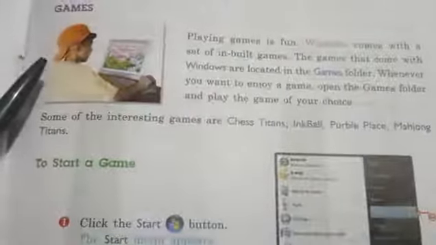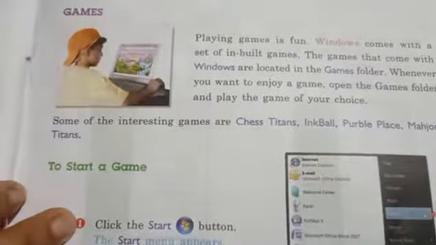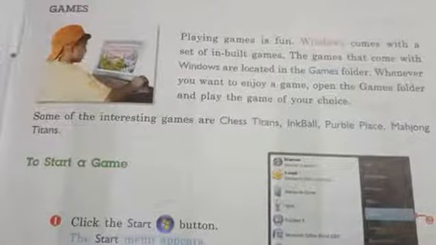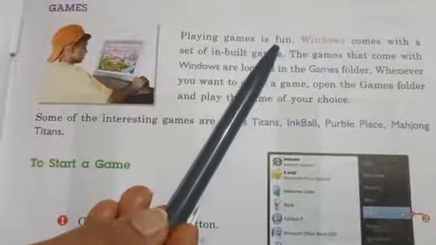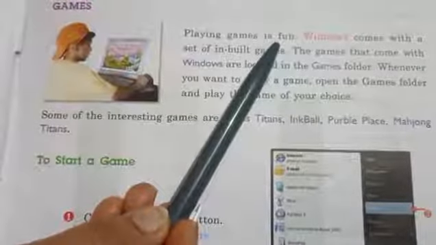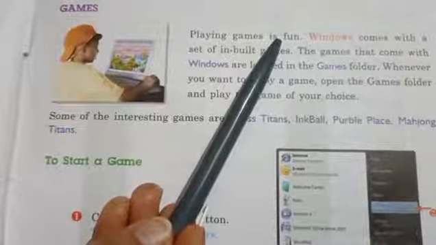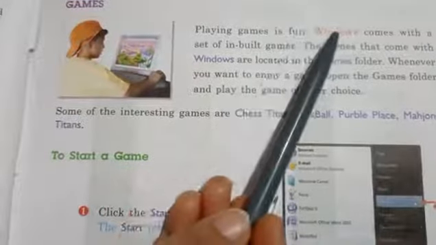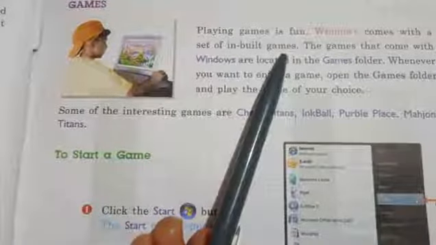Next is games. Do you like to play games on the computer? So the next topic is also games. Playing games is fun. You all know and enjoy games very well. Windows comes with a set of inbuilt games.